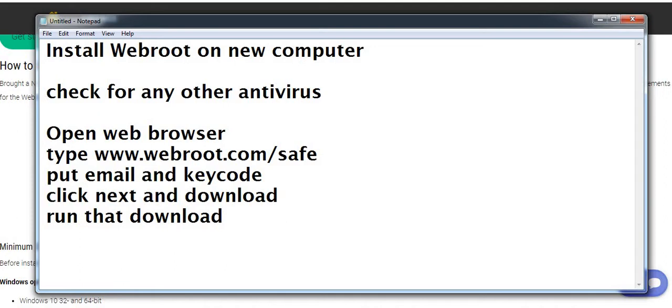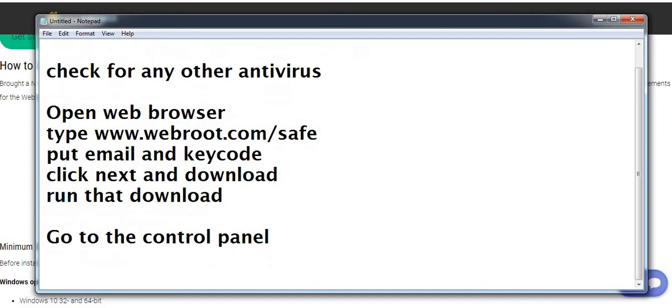If you do not know how to uninstall a program from your new computer, then you just need to go to the control panel. In the control panel, look for the programs and features option.